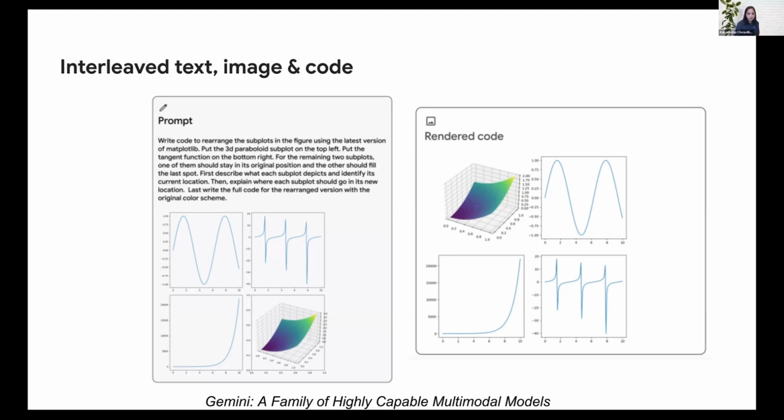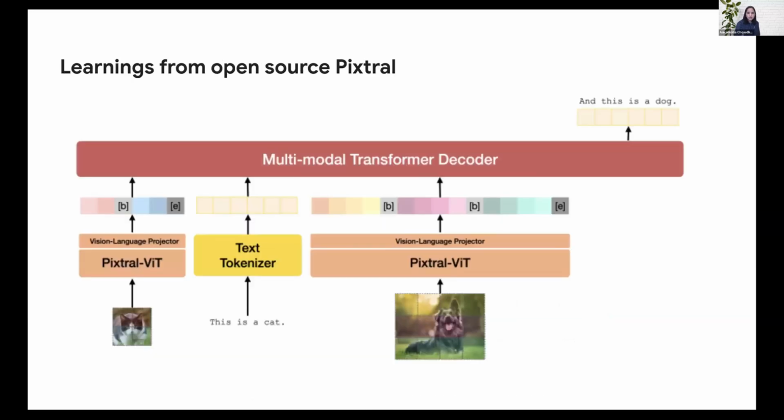Now, a lot of these examples are just the first signs of things starting to work, but what does it really take to build these models? Unfortunately, with the closed source models, there is absolutely no information, and the Gemini technical report is not able to share any details. So we can learn a little bit more from the open source side of things. We know that these models are trained on internet scale datasets of images and text, which possibly allows them to seamlessly combine and reason across modalities. They also add audio and code in the mix.